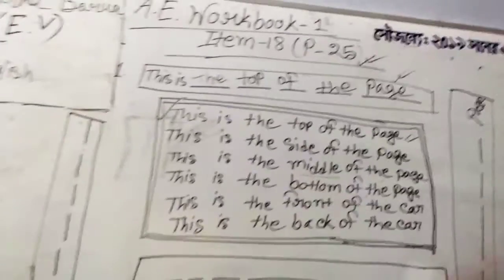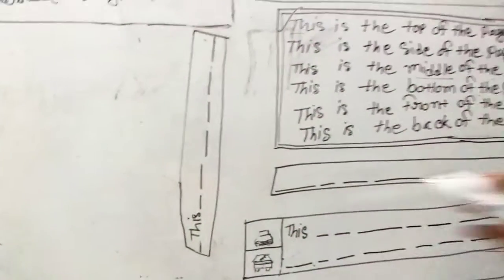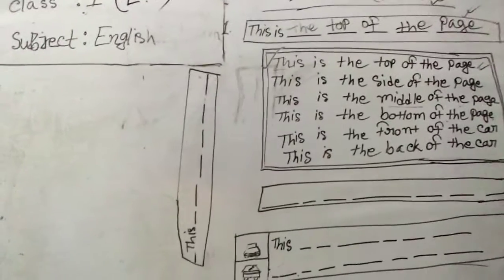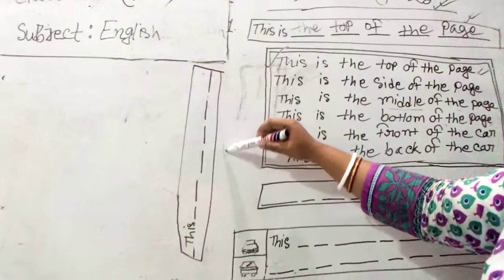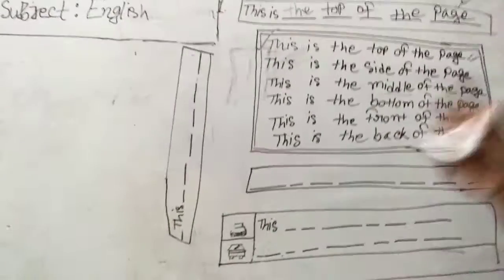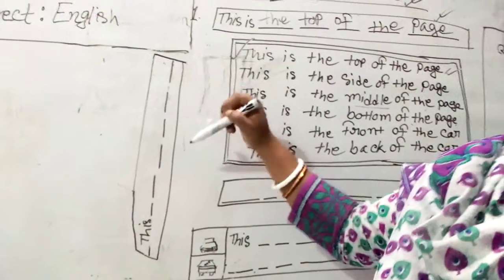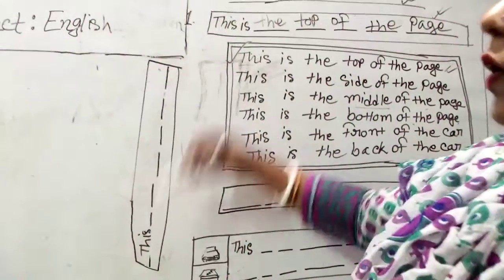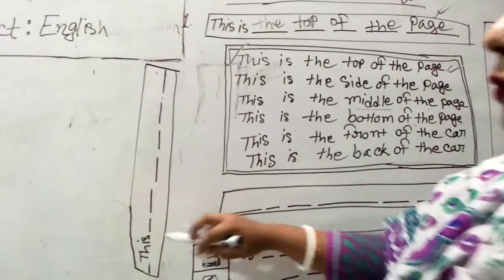Now coming to the next one. Can you see this one? I know it needs effort to look from this angle. In your book this picture is already drawn like that, so Miss drew this according to your book. In the page of your book the blank is already given at this angle, so Miss had to draw the box likewise.